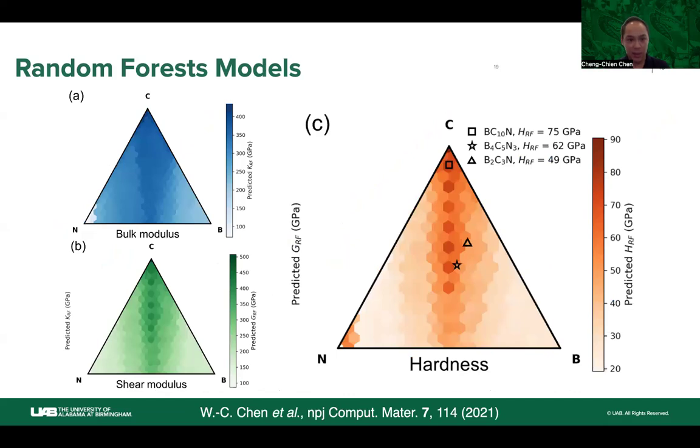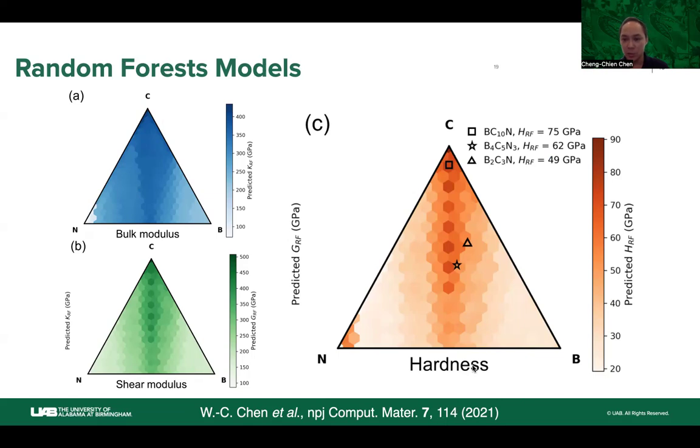All right, so we then apply the resulting machine learning model to construct the so-called ternary graph for BCN compositions, and we can give arbitrary compositions, and the model will tell you the hardness and other bulk and shear modulus information. And by the way, we have published our Python machine learning code on GitHub, and you can check this paper for further information about how to download the software. So let's focus on the hardness value.